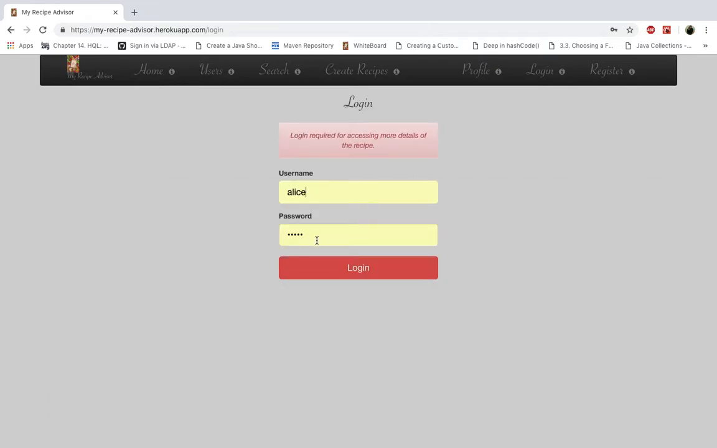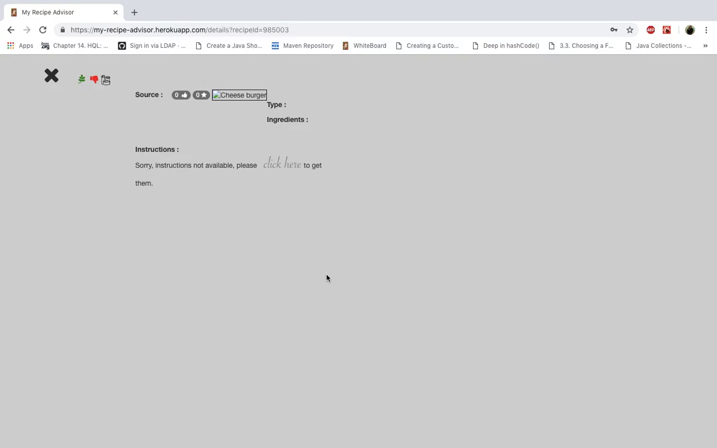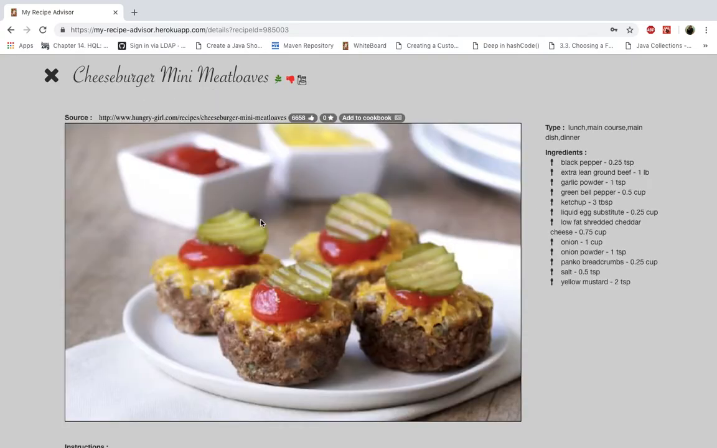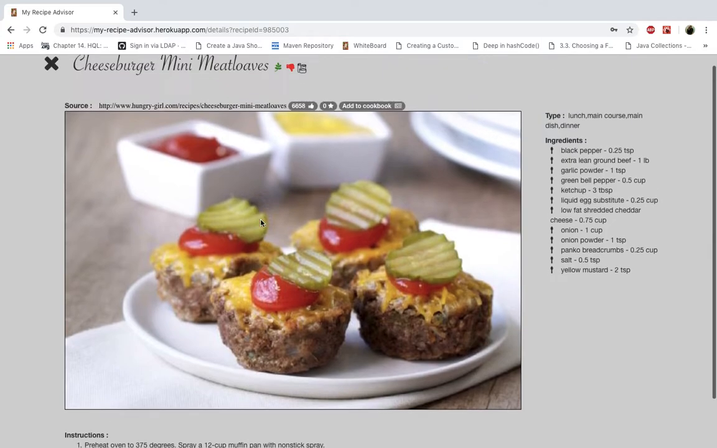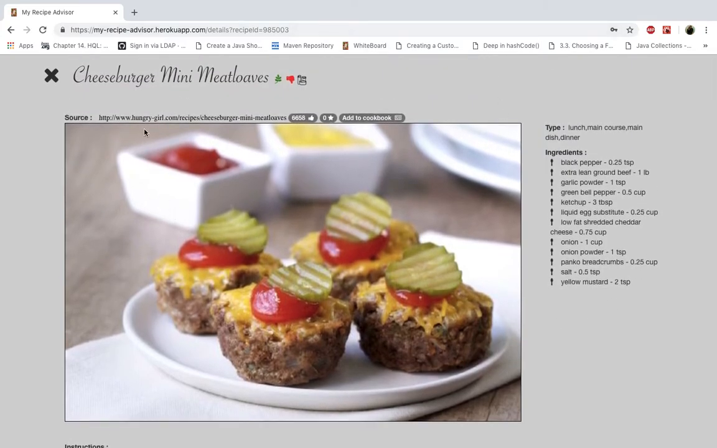now if I log in as Alice, it will take me directly to the search details page. Here I can see all the details of the recipe, the source of the recipe, the aggregate likes which the recipe has gotten. This information I get from the third-party API, which is Webdocs. This provides me the reviews given to this recipe so far. And since Alice's role is that of a chef, she can add this recipe to her cookbook, which later she can modify, delete